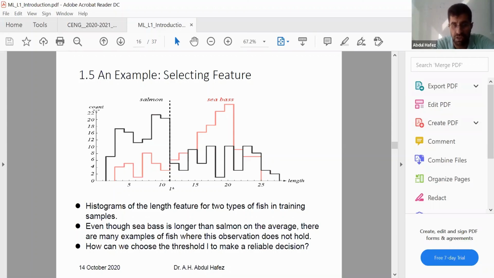Here, the horizontal line is the length. For example, at length 5, how many salmon fish carry the length 5? This is the number. You say 16. How many fish with length 4? This is 18. How many fish with length 8? It is 22. But this should be among a certain number,